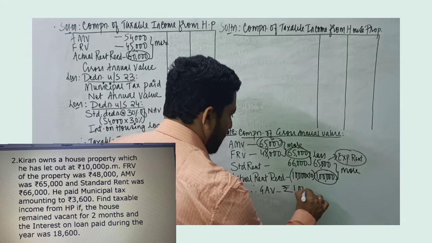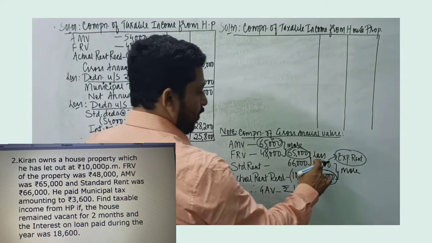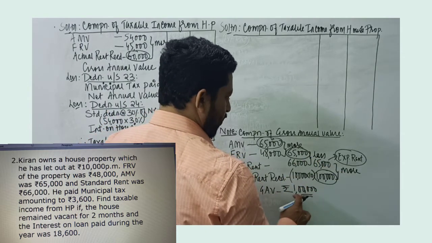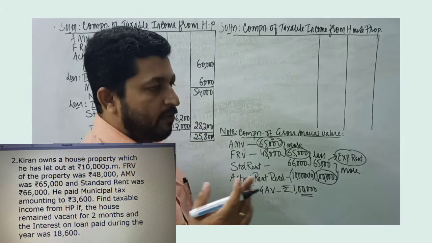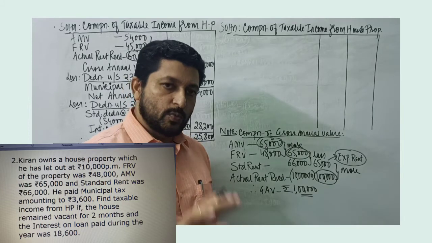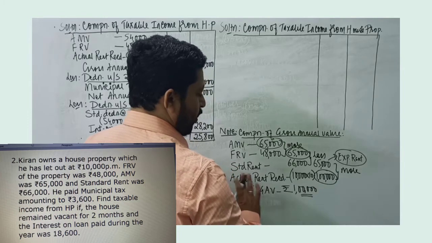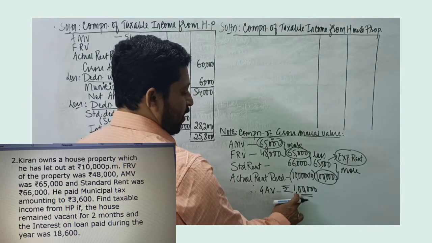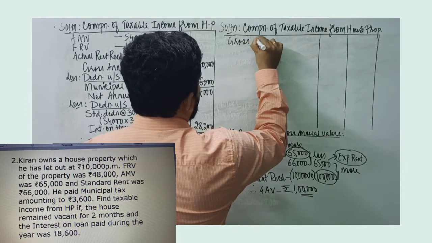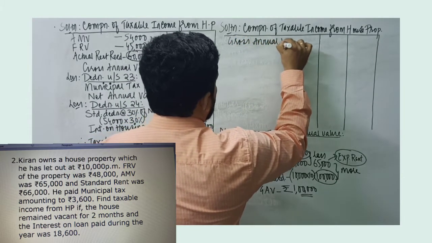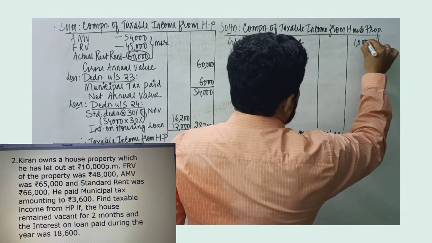We don't have to go to step 4 at all, because we don't get expected rent as GAV. We get the actual rent received, rupees 1 lakh, as GAV. So the first condition itself is not fulfilled. Though there is vacancy, expected rent does not become gross annual value. So we don't have to go to step 4. In step 3 itself, we get the gross annual value. I record over here, as calculated in this working note, the gross annual value is rupees 1 lakh.